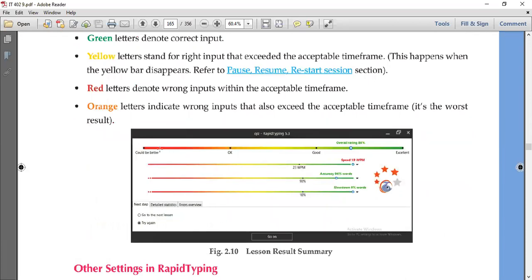Now as you can see, this point indicates what your overall rating is, like 80% is the overall rating, and this is 23 words per minute speed. Accuracy is 90% here, right? And then 10% is the slow down speed. Now if you slow down in between somewhere, then